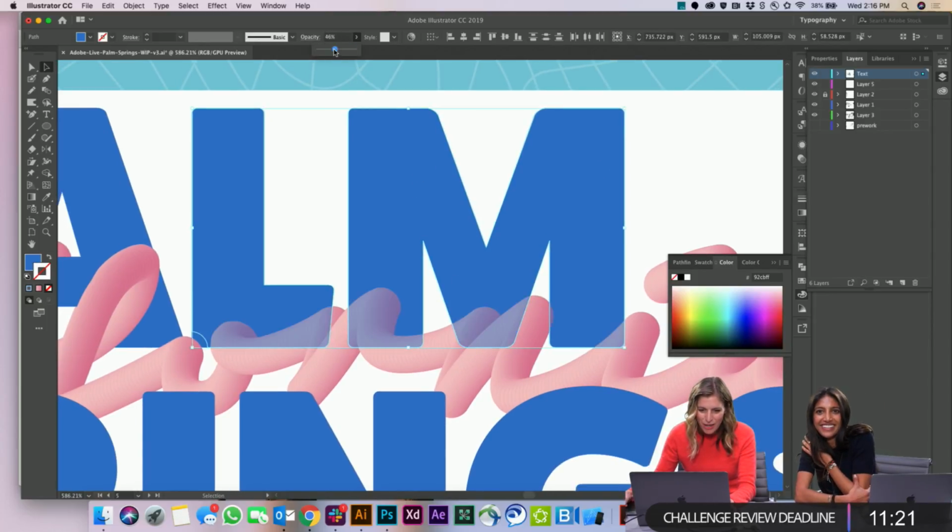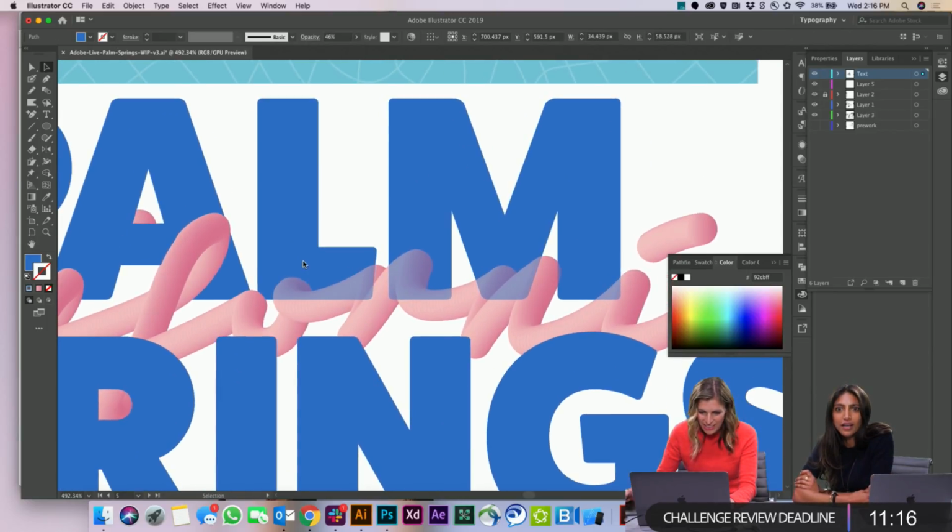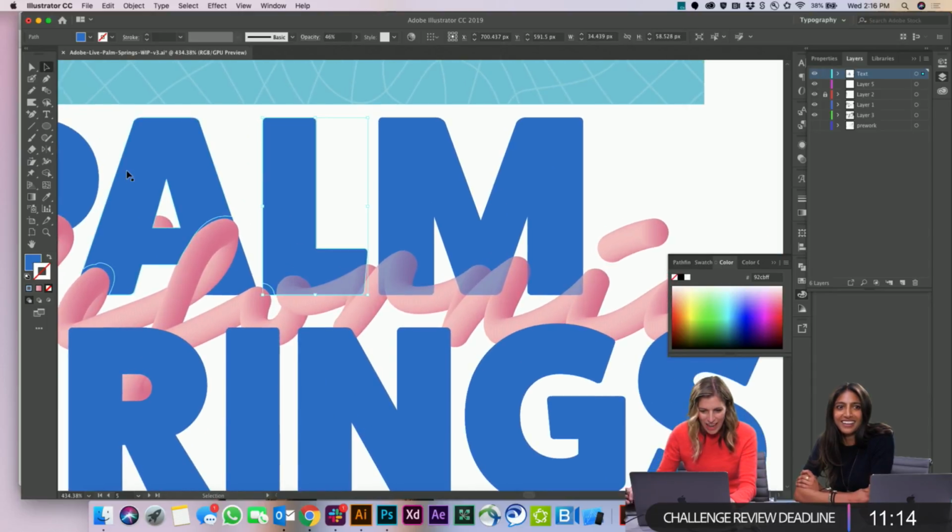I've lost where my shape is, so I'm just gonna shift the opacity a bit so that I can see where it's peeking through. I think most of it we probably want to show because